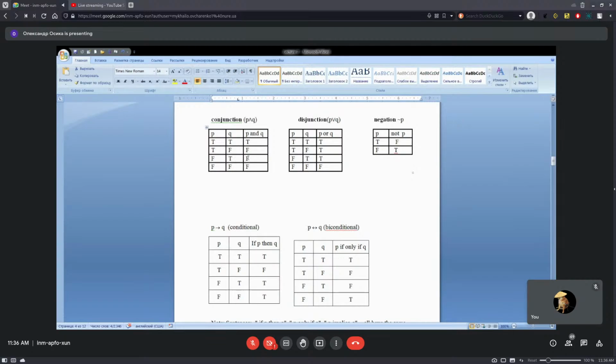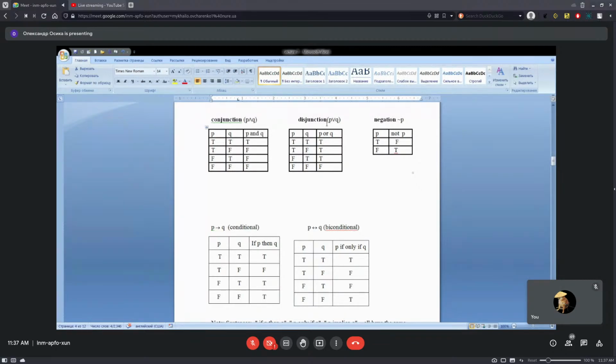False and true, here false. False and false equal false. You see the same for sets of truth values, and a bit later you'll know that this set of values assigned to the statement variables is called an interpretation of this formula. So if P says something that is true, and Q says something that is true, then the whole statement is also true, though maybe the meanings of these sentences, denoted by P and Q, are not